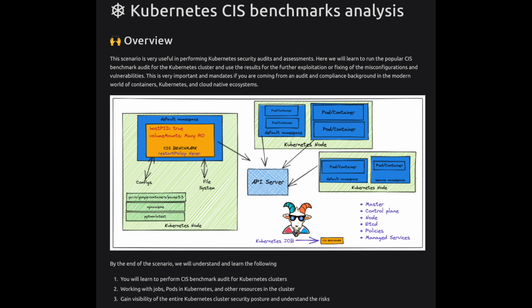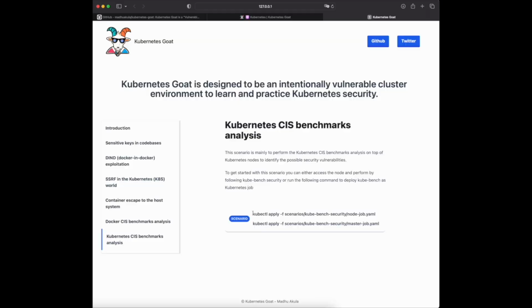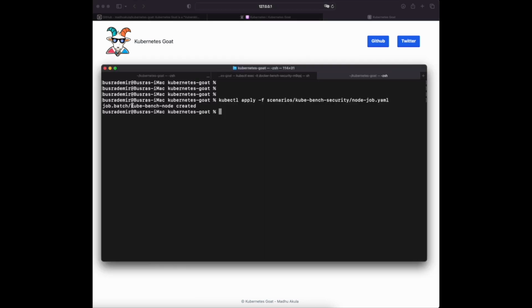So this one's very similar to the previous scenario, and the way that we will run it is very similar as well. We will deploy the Kubernetes CIS benchmark with the kubectl apply command. The different YAML files are given in here. Any of them should work. Let's start with that. So once it's created, we can get the list of jobs and associated pods